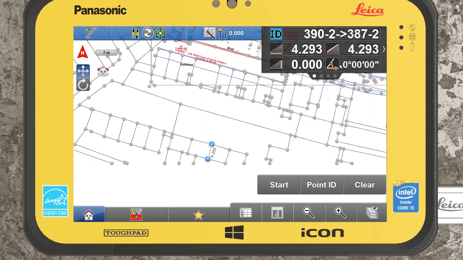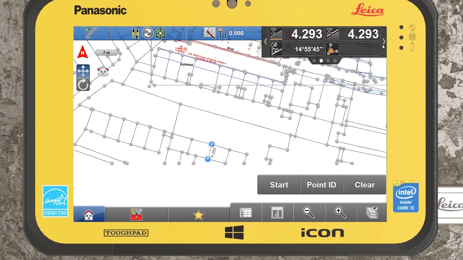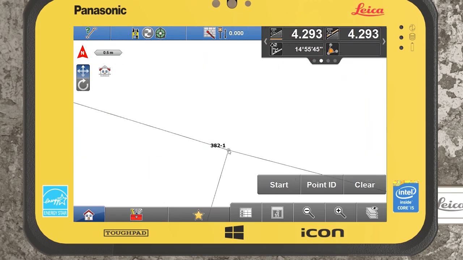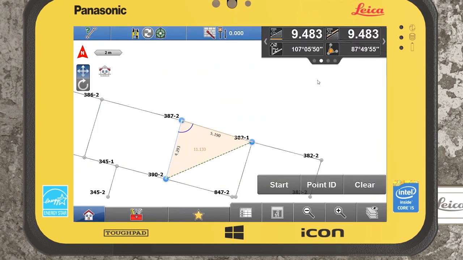So we can see here, we have horizontal distance and slope distance. We have the angle of grade or change between the points. And we also have the elevation difference between the points. If I scroll across, we can see here we haven't got the angle yet because it's only 2 points, but we have got the angle relative to true north. However, if I select a third point,